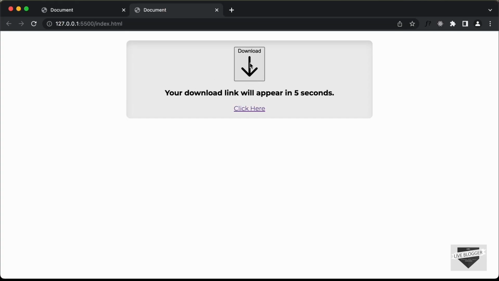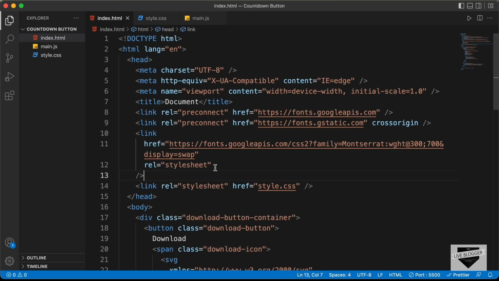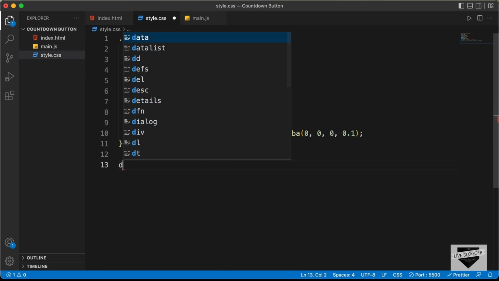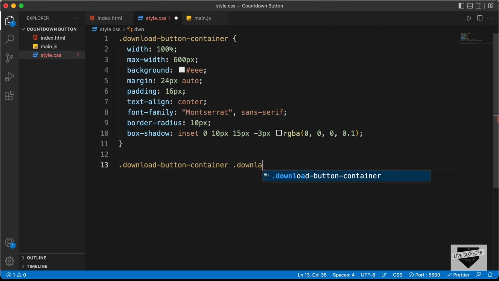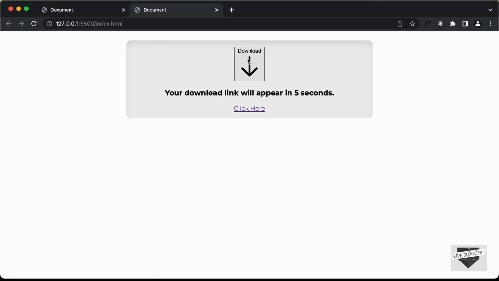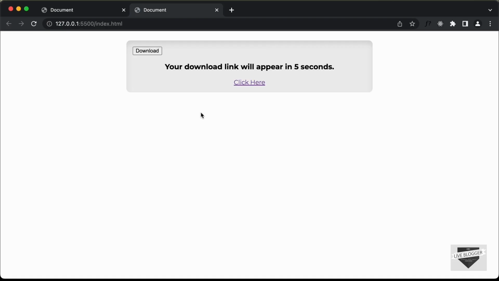Right now, let's style this download button. So let's go back, and for the download button we have a class of download button. So let's type download button container, download button. And first of all, let's set the display to flex so that we have the text on the left and the icon on the right. So let's type display of flex, and now we cannot see the icon, so we have to set a width